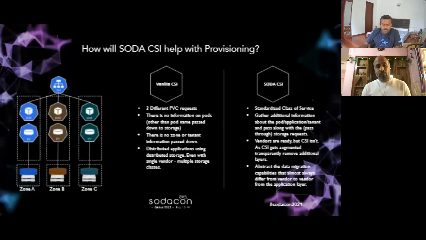But when the volumes are getting provisioned, that information is lost at the CSI layer. It does not get percolated down to the CSI or the storage vendor. This is where SODA CSI can come in and help get additional information about the way the applications are deployed in the Kubernetes cluster, so they can be scheduled in a better way on the storage layer.